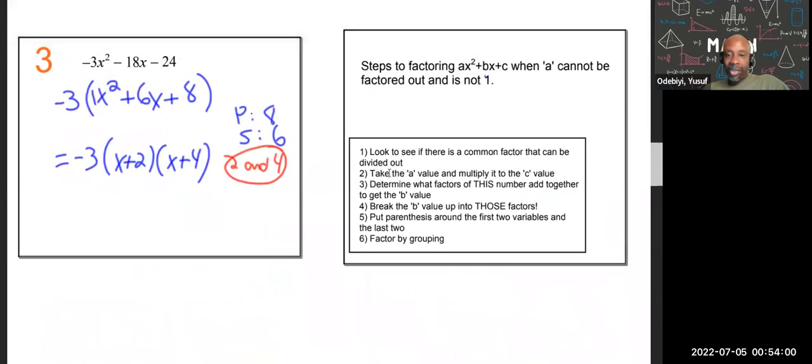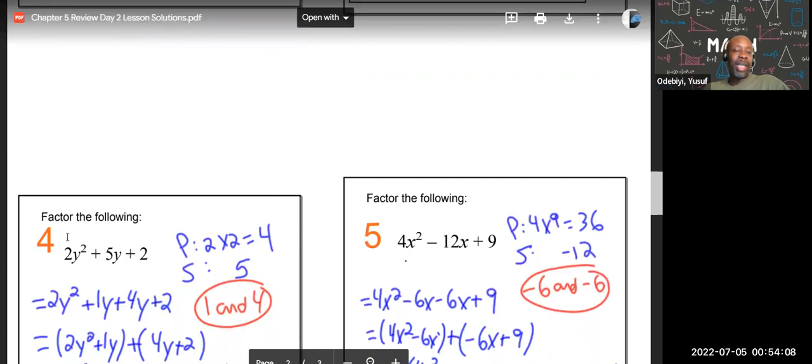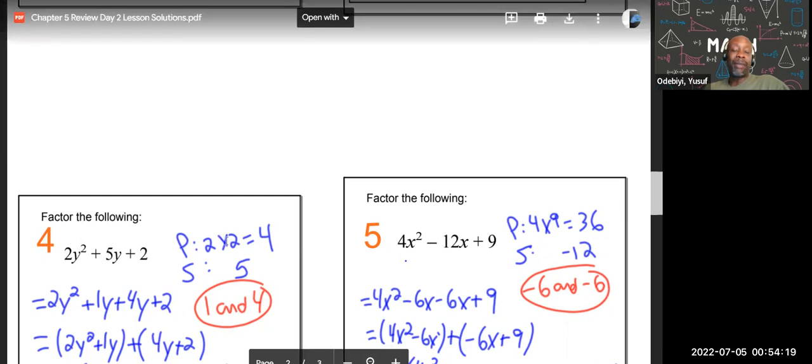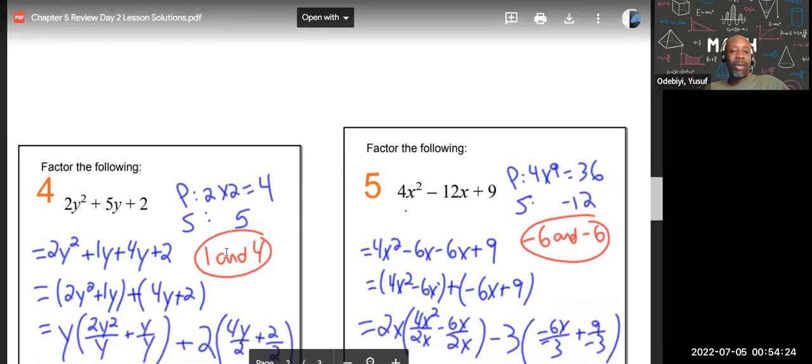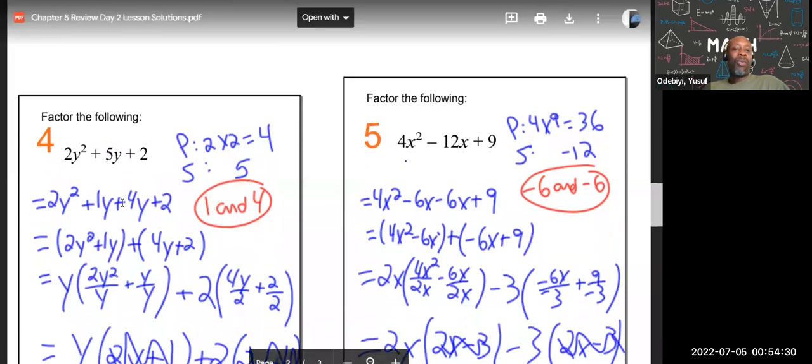Okay, so like I said here, I'm just going back again. Take the A value and multiply it by C. That's what I did here. That 2 is the A, this 2 is the C, multiply them together, and then I got 4. Now I have to figure out two numbers that multiply to give you 4, and two numbers that add up to 5. And we worked it out that it's going to be 1 and 4. So now since it's 1 and 4, we plug it in here, and now we have 1y plus 4y. So we need to now do